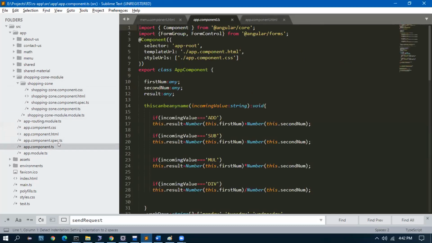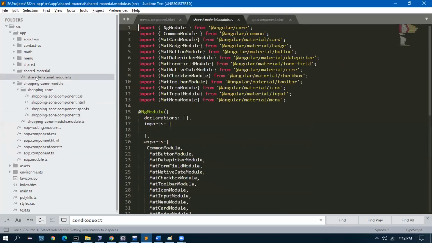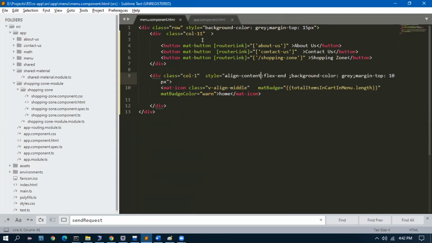And we created one module for the mat, which is inside the shared material module. What's the use we created for a shopping zone, right? Because for app module means we import all the modules we are using in for the app.